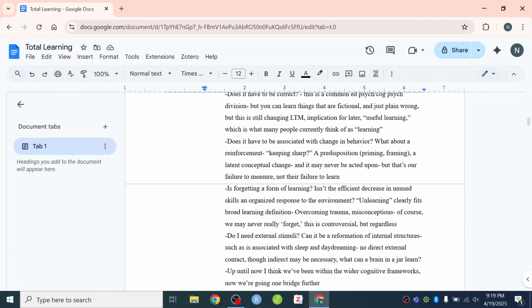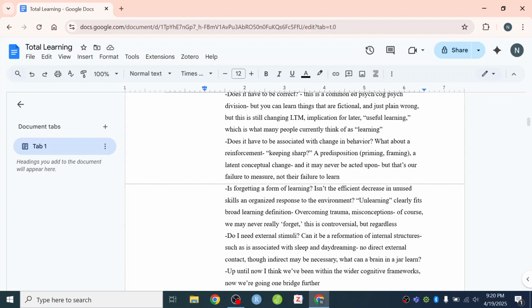Up until now, I think we've been within all the objections that I've been raising and the counter arguments to those, saying we are going to include this, we are going to include this, we are going to include this as within the total learning construct. These have been within the wider cognitive frameworks that have been established and adopted by many researchers in that line of work. I think we are outside of the bounds of what a lot of educational psychologists would consider to be learning. A lot of people would already be raising objections, but within the established wider cognitive frameworks, we're still having a similar conception of learning to those perspectives.